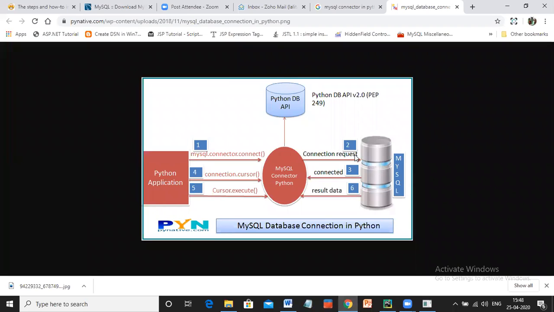If everything is right, like username is right, password is right, database exists, it will get connected. That's the third step. So the MySQL tells the MySQL connector that the request was accepted successfully, and now the Python application is connected with MySQL. Is it okay?